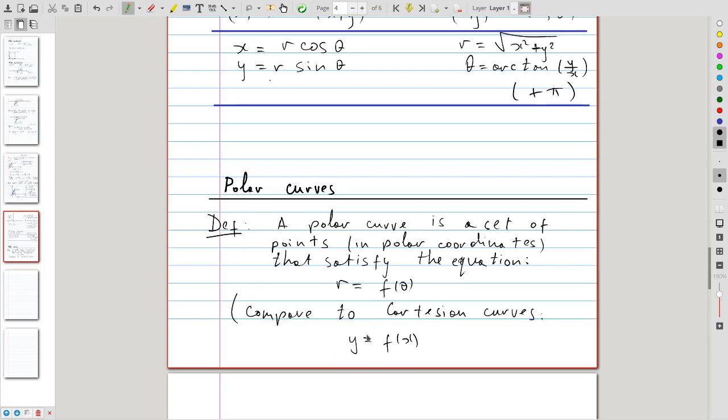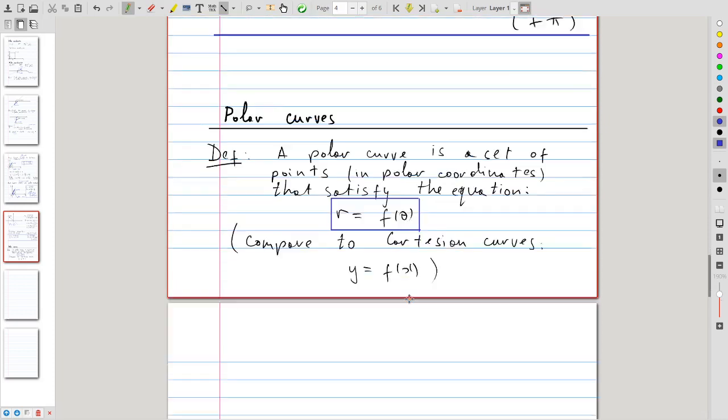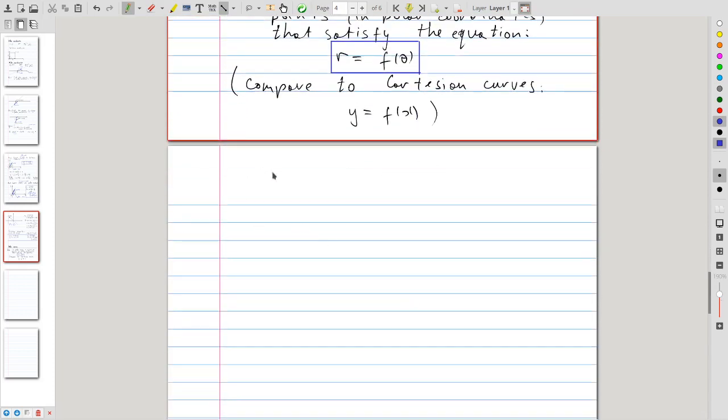So one of the coordinates is a function of the other, and this is similar to what we do for polar curves. We say that a polar curve is the set of points for which the r coordinate depends on the theta, or the angle coordinate. To give you some quick examples,